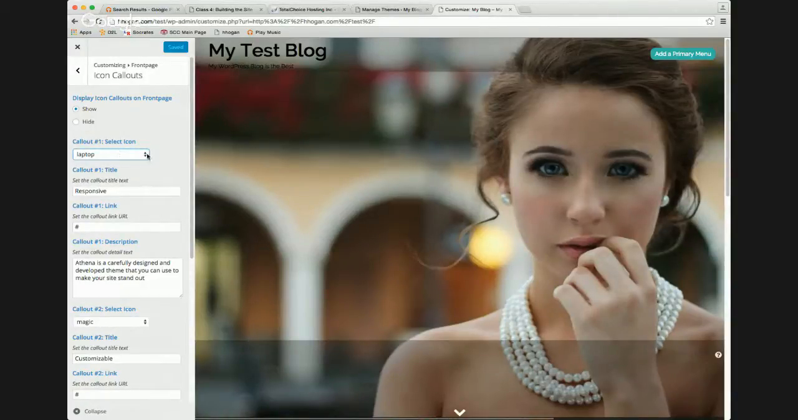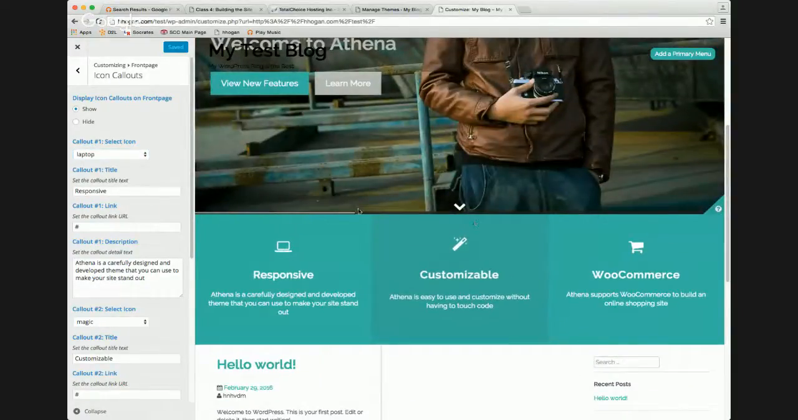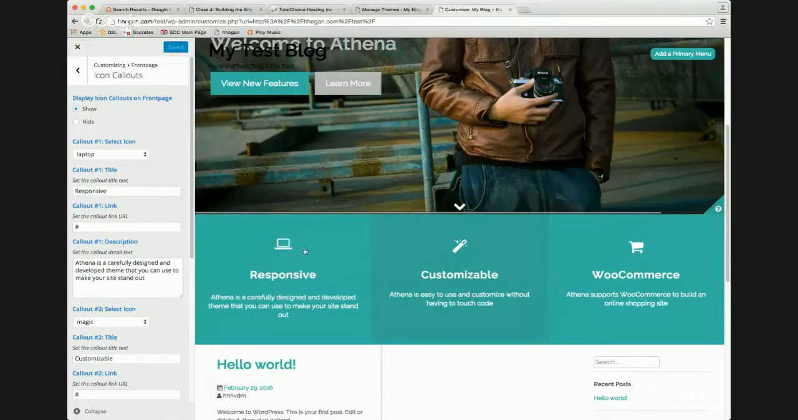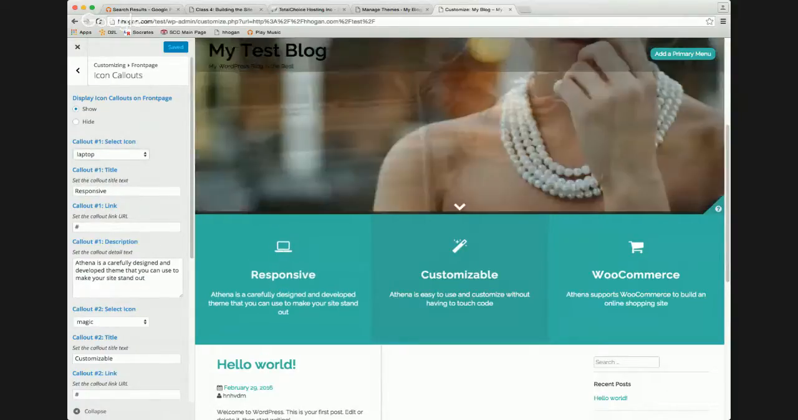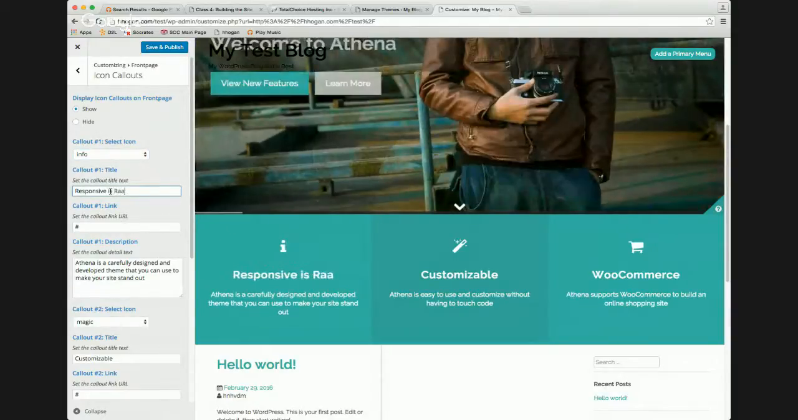Wow, this is weird. Okay, so there's display icon callout on front page. I'm guessing that's this little thing here. And then callout one. Oh, so this is this box right here. So you can choose from these icons. So now it's a little bed, info, this little eye, responsive is rad. You can change that up. So these are good